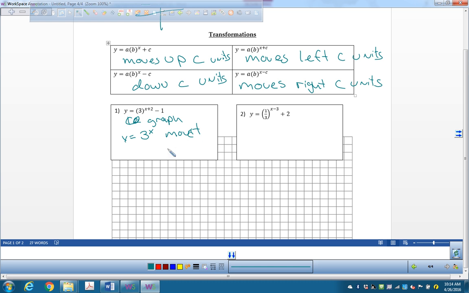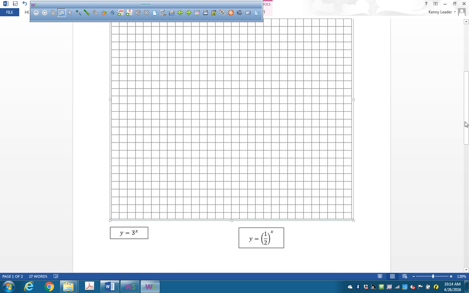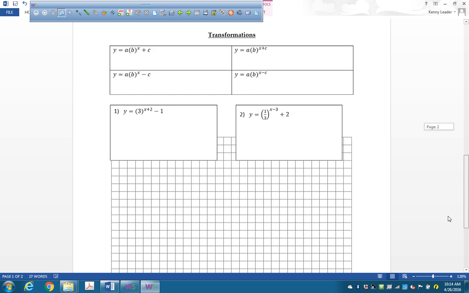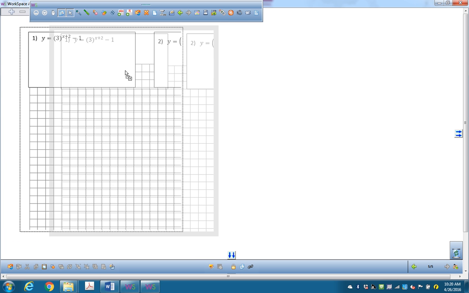Move it left 2 and down 1. Okay? So I think I need to do that on a separate sheet of paper. Can I do that? Okay, sure you can. All right, so where is it? Oh, here we go. Okay, let's see if I can grab some graph paper, put it in here. We're going to take this, okay? So if I have this one,